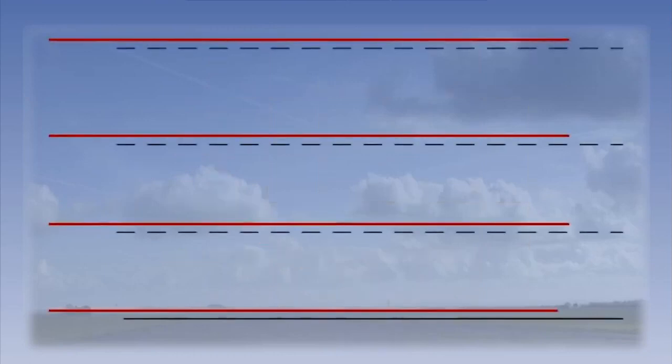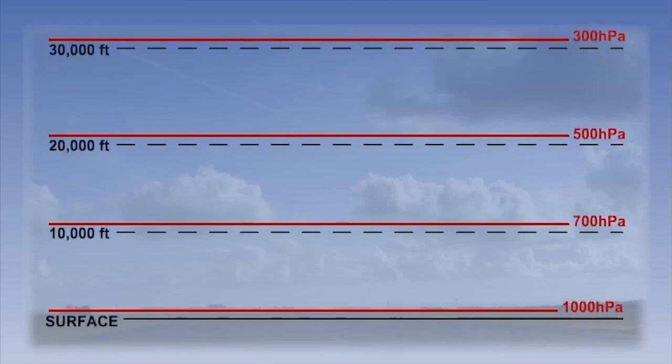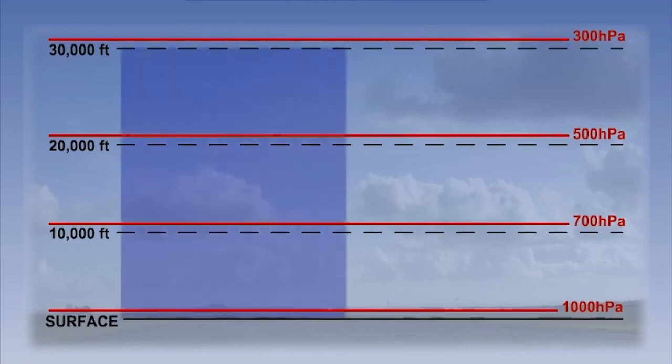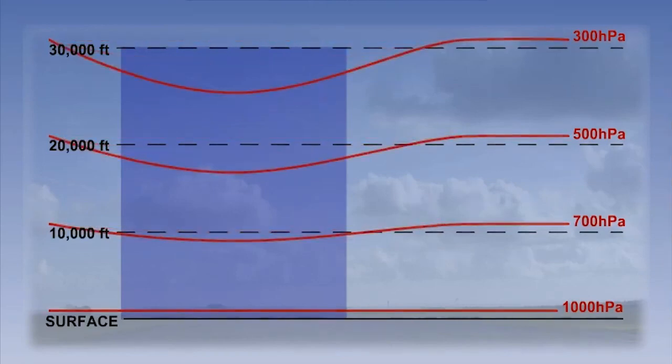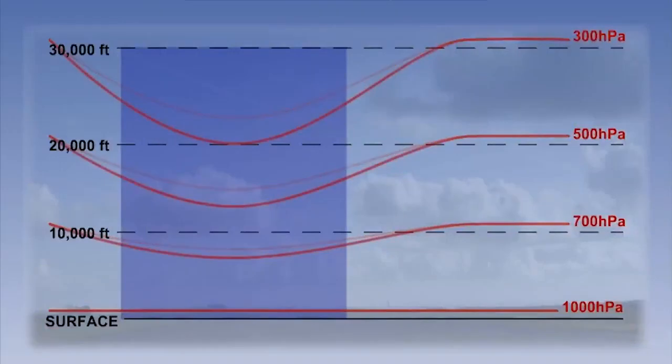Looking at the diagram of the atmosphere from a side view, we can see that pressure is decreasing with altitude. We start at the surface at 1,000 hectopascals and reach 300 hectopascals at 30,000 feet. However, when the air on the left is cooled, we can see that the isobar levels start compacting and sinking towards the cold air. This has the effect of reducing the pressure at any given height.